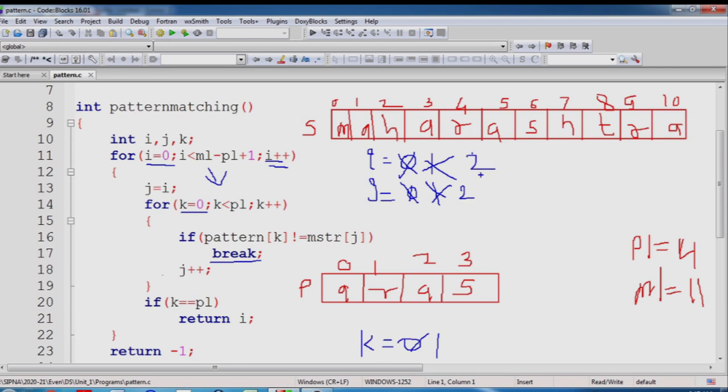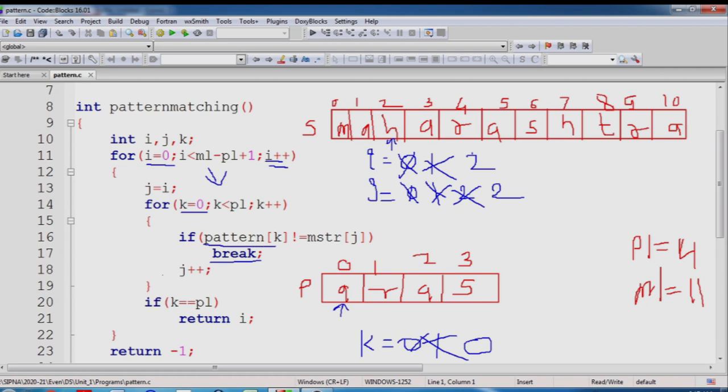So now j equal to i, so again j will become 2. This for loop will be restarted, so it will be k equal to 0. So again j equal to 2, i is 2, so what is our current substring? The current substring is nothing but this one, right? Because i equal to 2. So j is pointing over here, and k is pointing over here.